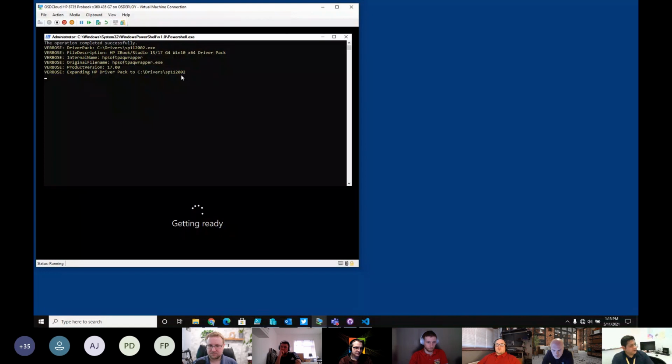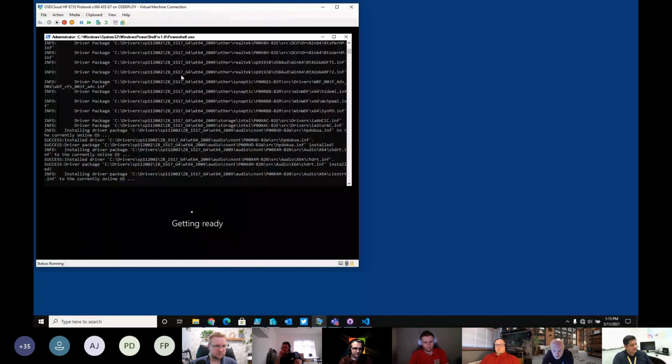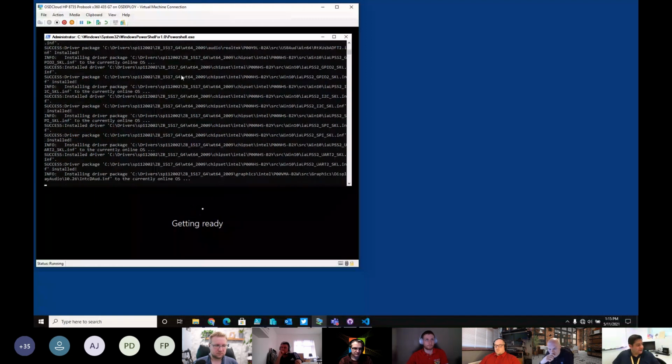And the way this works is Lenovo and HP will be an exe file, and I'm simply using PowerShell to read the information of the exe to find out who makes it and whether it's using the HP SoftPack wrapper or the Lenovo tool that they use to compress it. And then I simply kick off the unpack switches, and then I'm installing them to the OS.